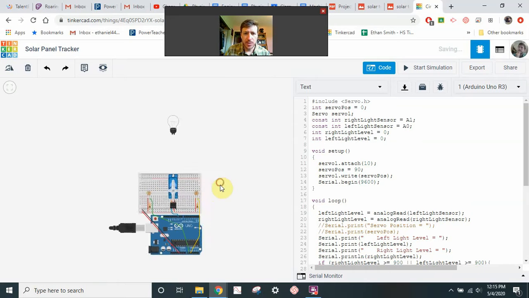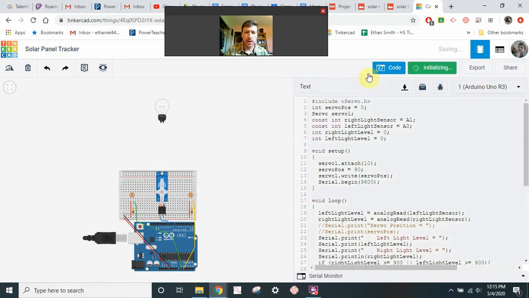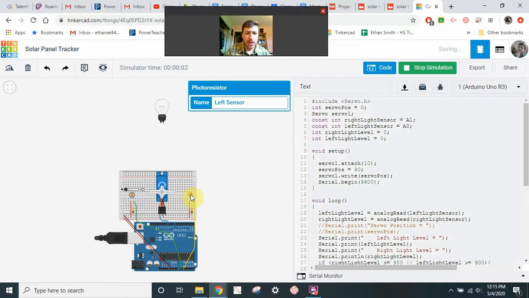I'll go ahead and show you guys what it looks like in action, and then I'll walk you through it. So here I have my sun, and here are the light levels. If I just turn on a little bit of light, you guys will see nothing happens with either one, right? We need to reach a certain level. And once we reach a certain light level, then it'll actually start moving, right? Once that minimum threshold value is met by one of these light sensors,